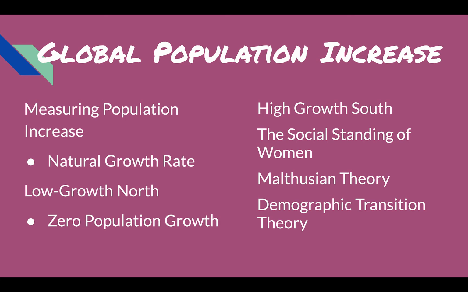Then you get to stage 3, which is a mature industrial society. This is associated with a decline in births and deaths. So it's a slowdown in growth completely, right? Fewer people are being born, but also fewer people are dying. And then stage 4, in a post-industrial society like the United States, is associated with low births and deaths. So little or no growth.